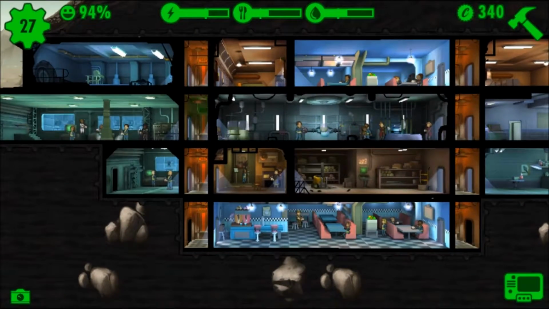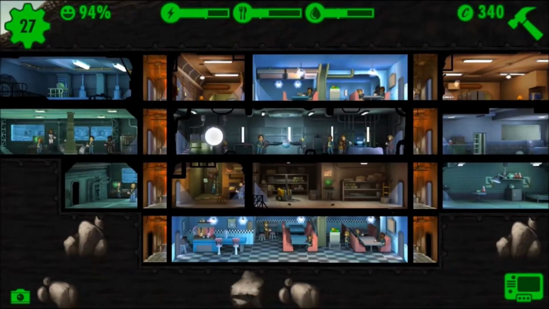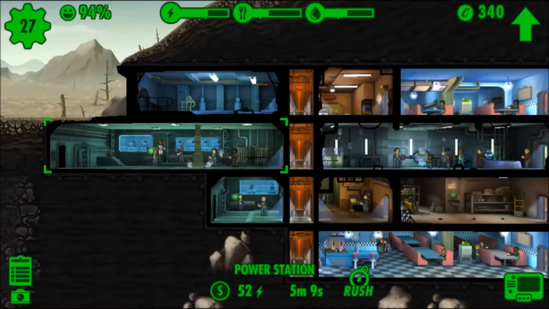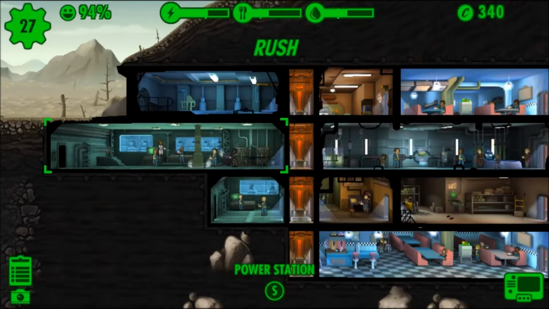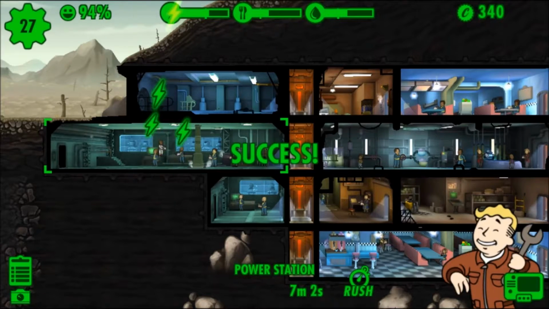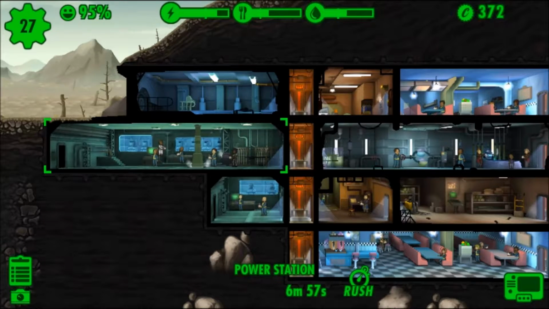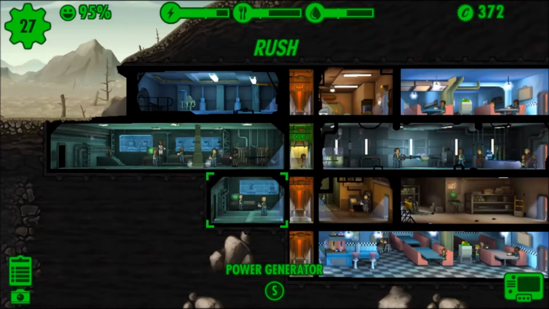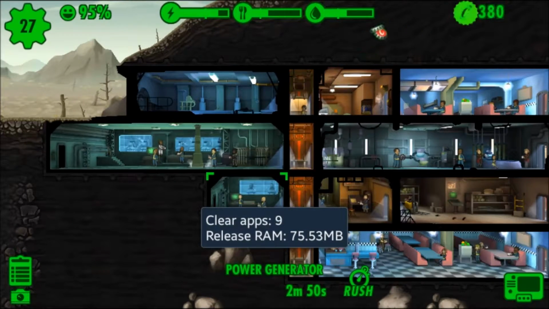However, it doesn't hurt to start out with a restaurant of 2 and then building up your power stations. Your power station is more important, vitally important. Matter of fact, speaking of how important it is, I'm going to rush this because we're running fairly low on our electricity there. And success, yes. Let's rush these as well, just so we have an extra Nuka-Cola up there. And yes, nice. Alright, so